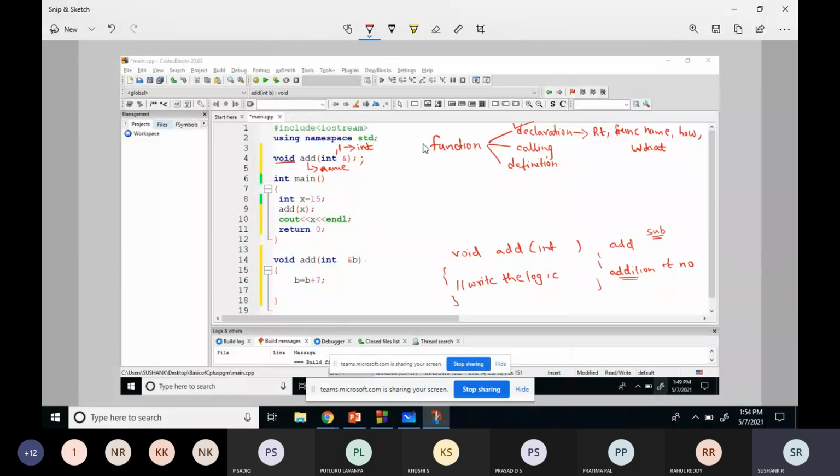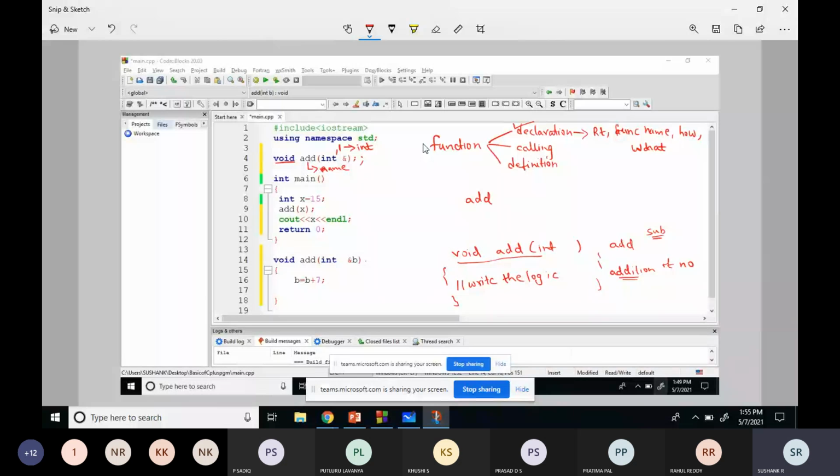Is this part clear? What is function declaration? What is function definition? Function definition will contain the logic. So in order to activate this function definition, you should call that. You should call them. Some people will respond only when I call out their name. Just like the attendance also. Whenever the teacher is taking the attendance, he will call out the student's name, right? The same way, for this function to be executed, you have to call that function by its name.